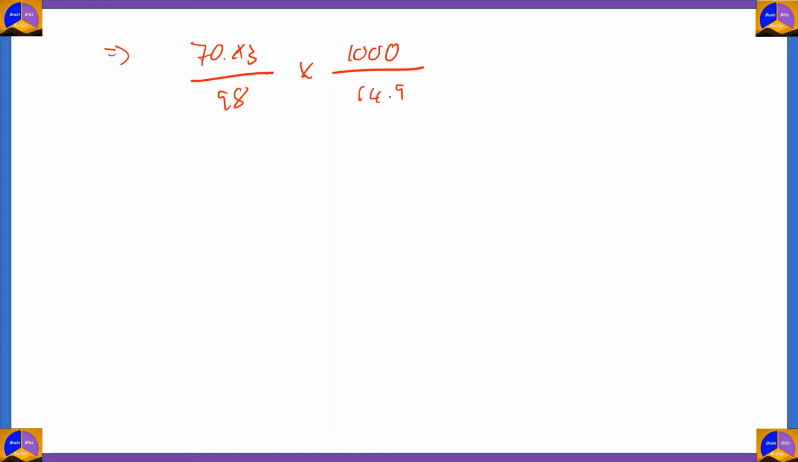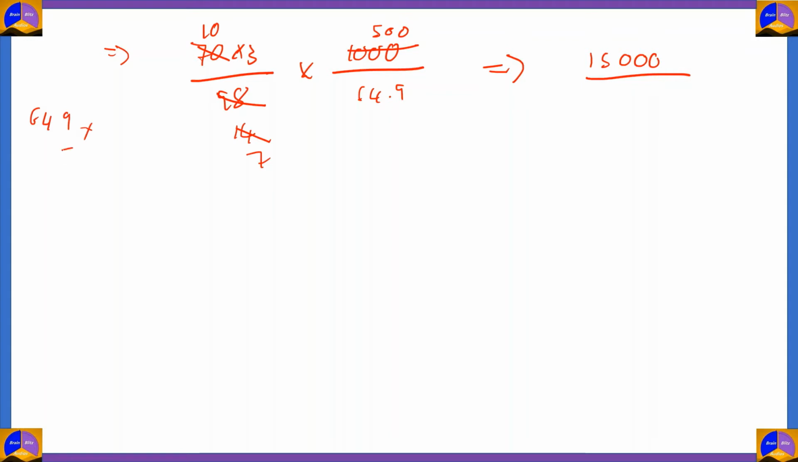So 70 and 98 both are divisible by 7. So 7 times 10 is 70, 10. 98 divided by 7 is 14. And then we can divide 14 and 1,000 divided by 2. So 14 by 2 is 7. 1,000 by 2 is 500. And so what we'll get is 10 into 3 is 30. 30 times 500 is 15,000 divided by